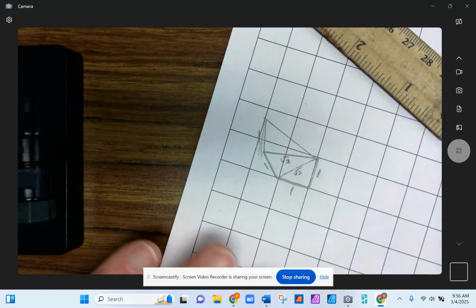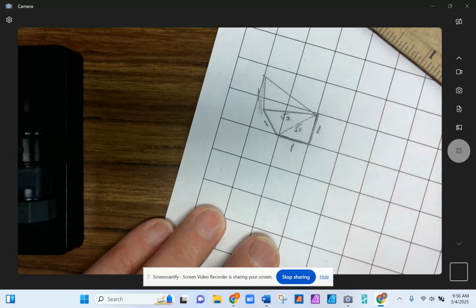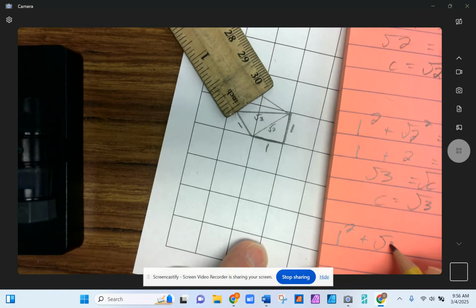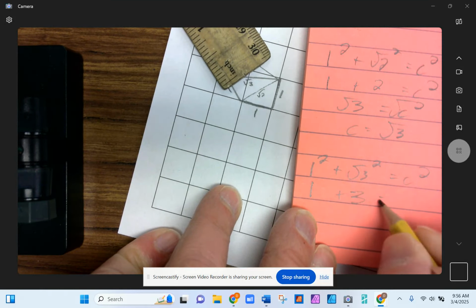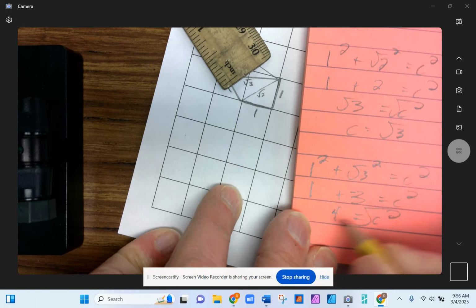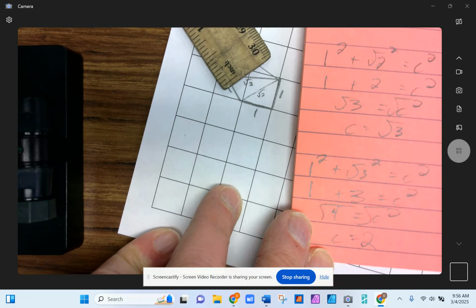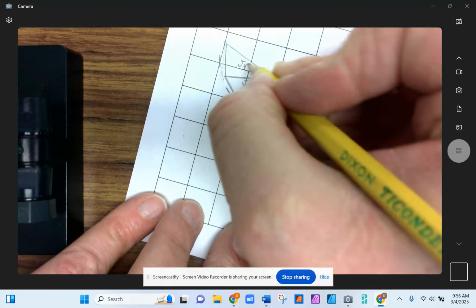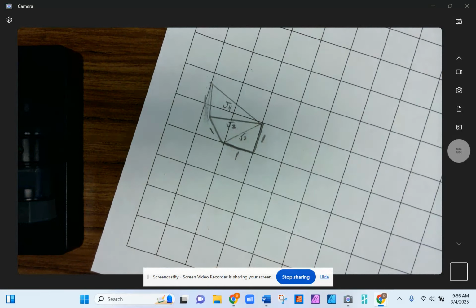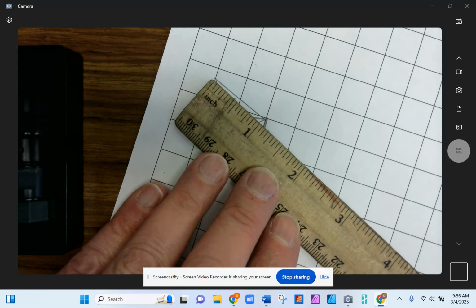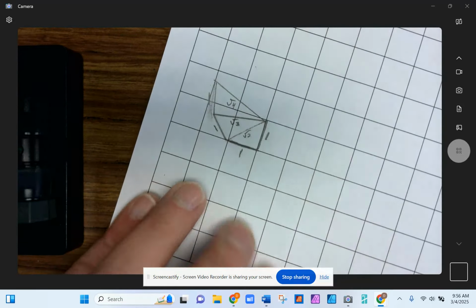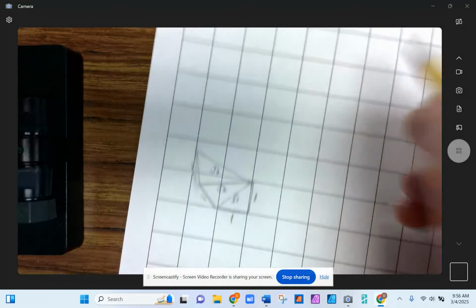and make a bigger and bigger spiral, and you'll see it's going to look like a nautilus shell as we do it, right? So I've got 1 squared plus root 3 squared equals c squared, so that's 1 plus 3 equals c squared, which is 4 equals c squared, which at this point is just going to be 2, right? So this length is the square root of 4. We'll just write square root of 4, but it's going to be 2, so technically it should be roughly an inch long. Dang, Dave, good work. Look at that. So close. Good work. Okay, and it's going to keep going and keep going and keep going,